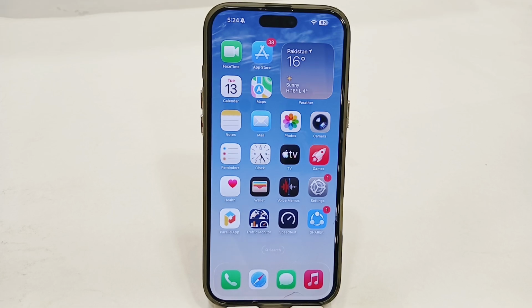Hey guys, today I'm going to tell you how to use the latest emojis in Snapchat. If you're using Snapchat and you want to use emojis in your Snapchat, let's see how you can do that. You just have to simply open your Snapchat app,